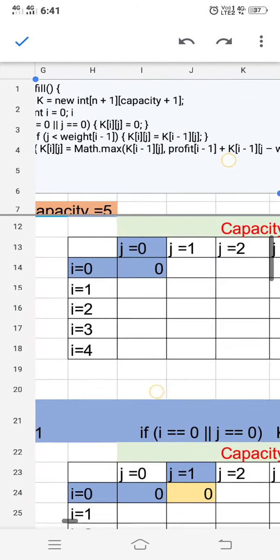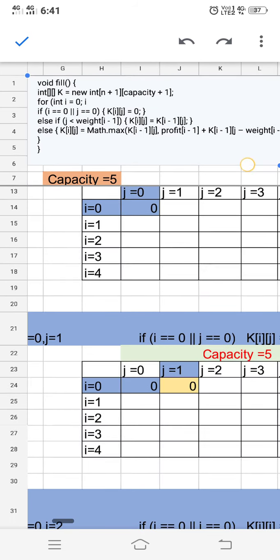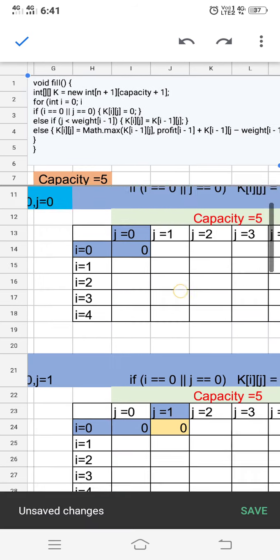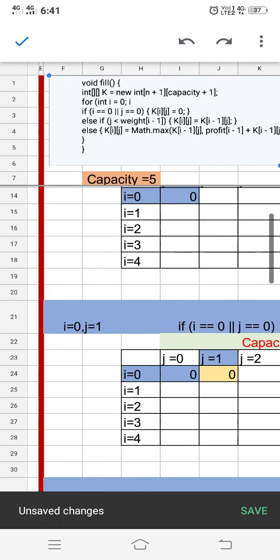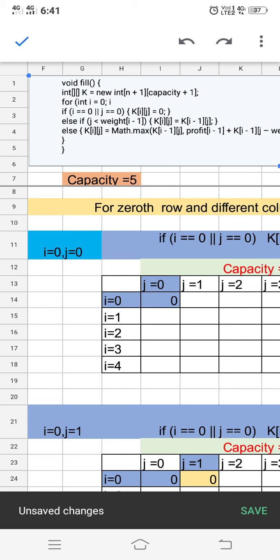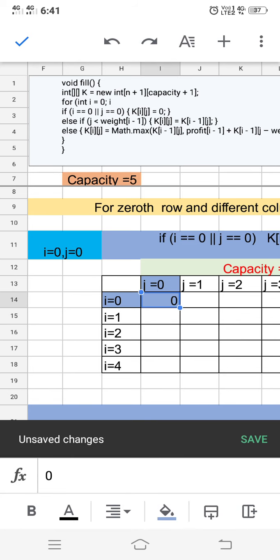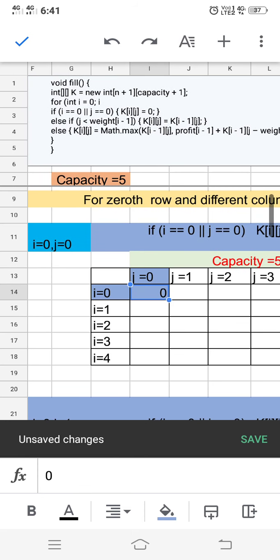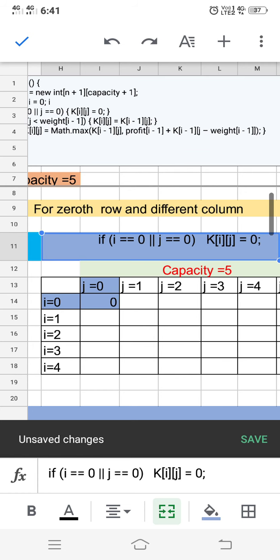That is, here in the dynamic programming we are making use of the recursive formula, to find the profit values. So initially we will be filling the values into the two-dimensional array, which is a table. For the first row, i is equal to 0, then for the various capacity j I will fill up the values. So here for i is equal to 0, j is equal to 0, I will get value 0 because I am depending on this condition.